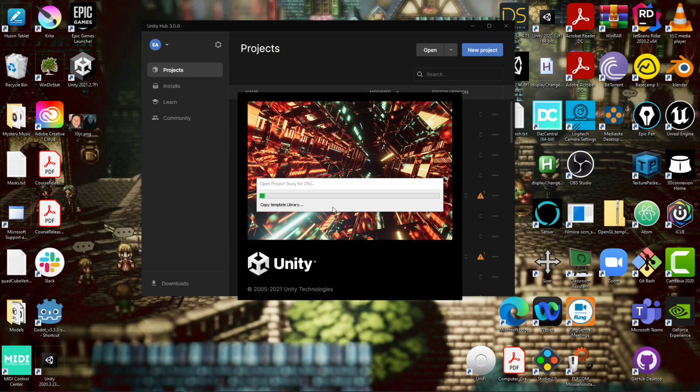I'm trying to basically spend some time while Unity loads. This will take a little bit. This is the stage that Unity is going through. It may download new files from the internet if necessary, but it's just going through associating all the appropriate packages and everything with your Unity project. It takes longer the first time. Subsequent times when you open the project, it shouldn't take nearly this amount of time. But